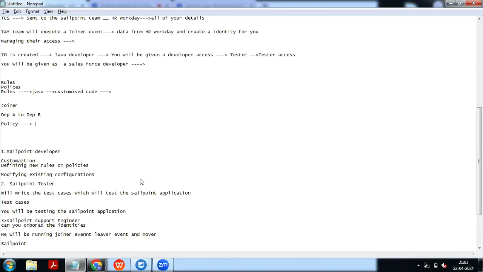We will define a policy for who has access to the financial records. They should have a feed of the employees from the financial department. If they identify that an employee belongs to the financial team, then they can see the financial records. So this is how we will set up a policy. You got me right? Yes, got it, sir.